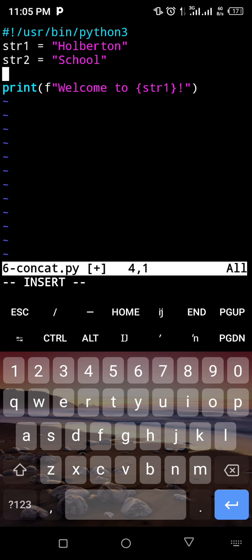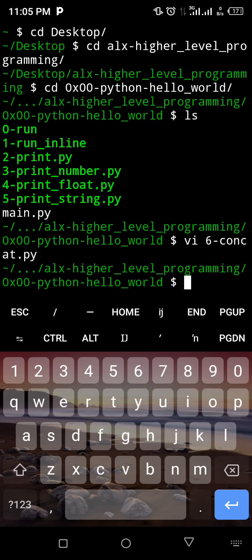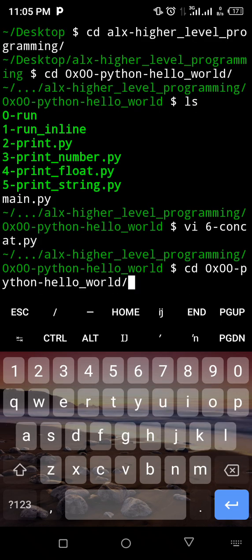Now the one thing we should know is we can reassign a string to something else. So if for instance I print this out, we are going to have welcome to Haberton on the screen. That's what we're gonna have. So let's escape this and do WQ. So if we'll print this out,